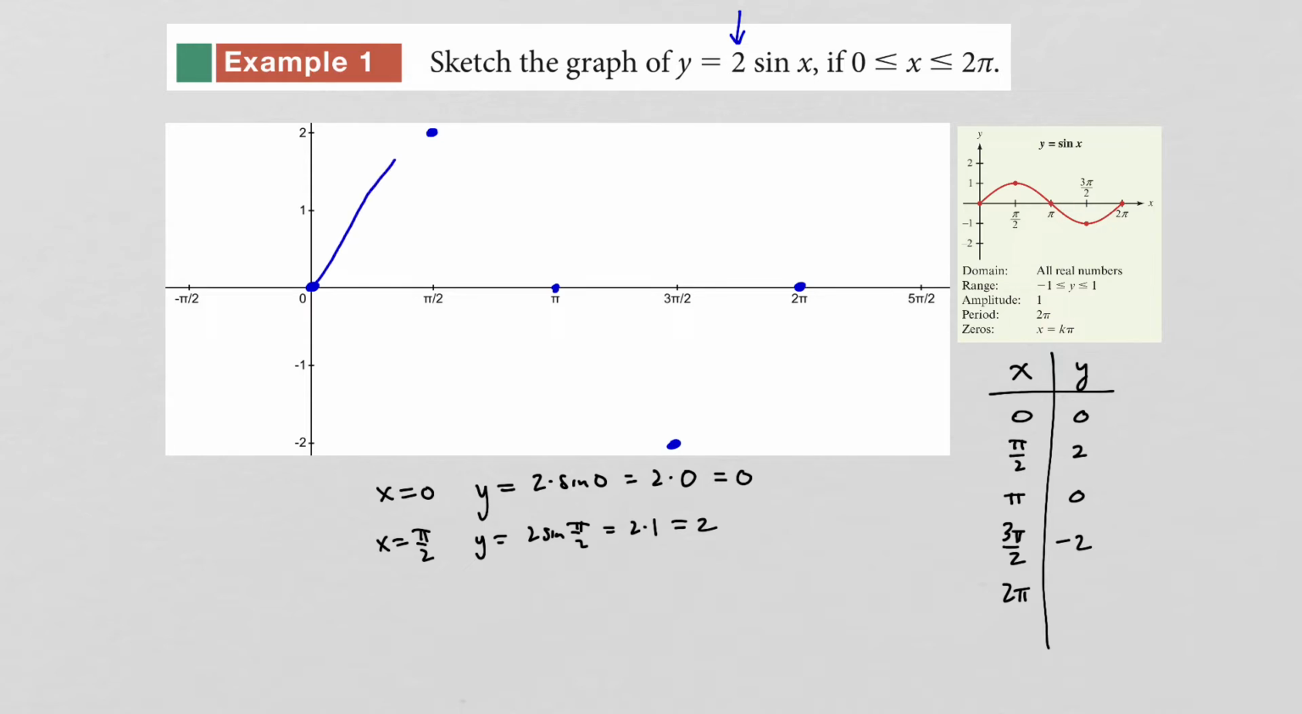It goes up to its highest value, which in this case is 2, back down to the middle, down to its lowest value, and back up to the middle again. And this is what the graph of 2 times the sine of x would look like. Now, keep in mind that this graph continues, so it continues to go on forever in this direction and also